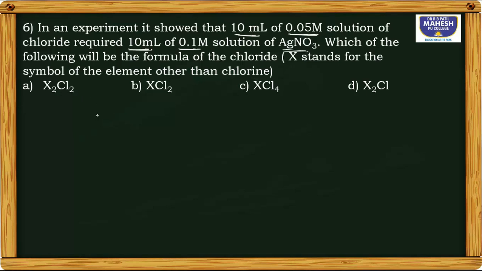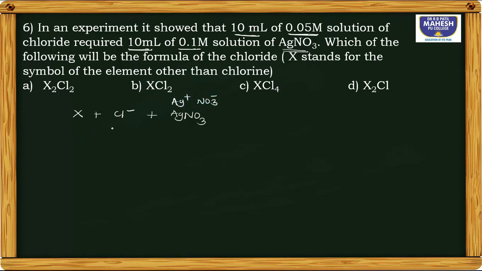Okay, we have a compound of chloride with X. So let me write that. I don't know the oxidation number of X, so it is XCl minus. For chloride I know it is Cl minus. So we have a compound of chloride with X, and that one they reacted with silver nitrate, AgNO3. In silver nitrate we have two ions: one is the Ag plus ion and another one is the nitrate ion.